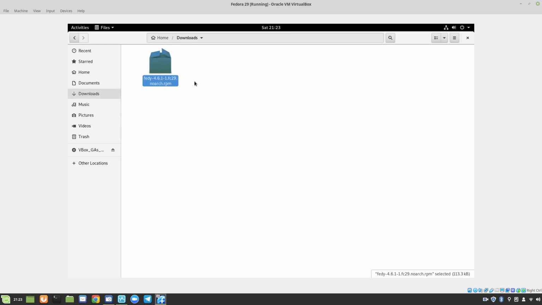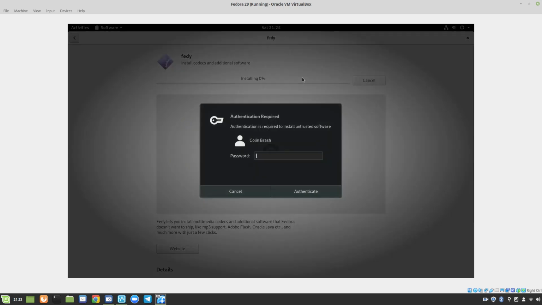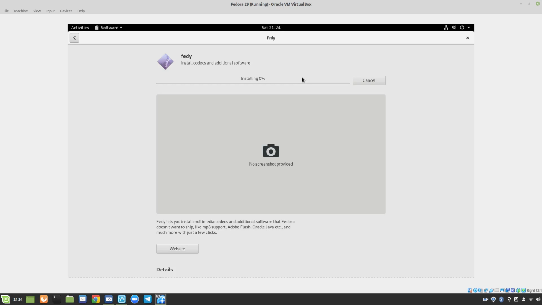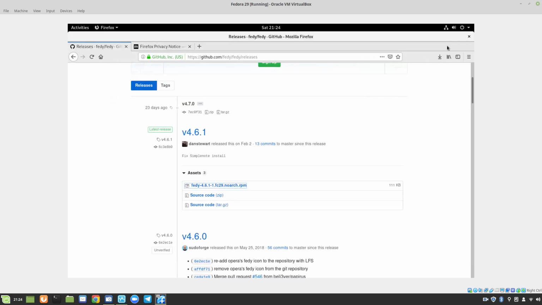Alright, so it looks like it took a little while to populate, so we'll try again. And there we go. So just be patient with the software center. It just took a little while to populate everything first start, of course. So it's best to do that before you try and install Fedi with the RPM. And probably enabling the third party was part of it. So now we have